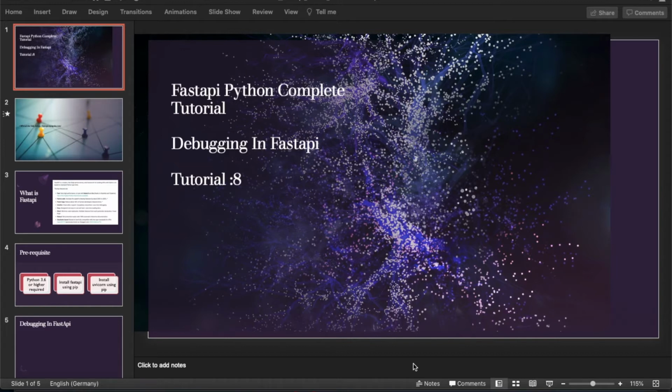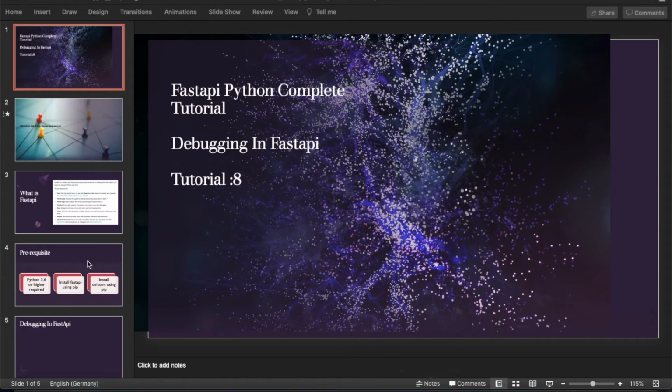anything from a FastAPI coding point of view. Rather, I'll show you some very fundamental techniques for which FastAPI is very popular. One of the main features of FastAPI is that it gives you a very easy, portable debugging feature, so that you can enable debugging inside your application anytime, anywhere, whenever required. Okay, so let's try to experience that now.